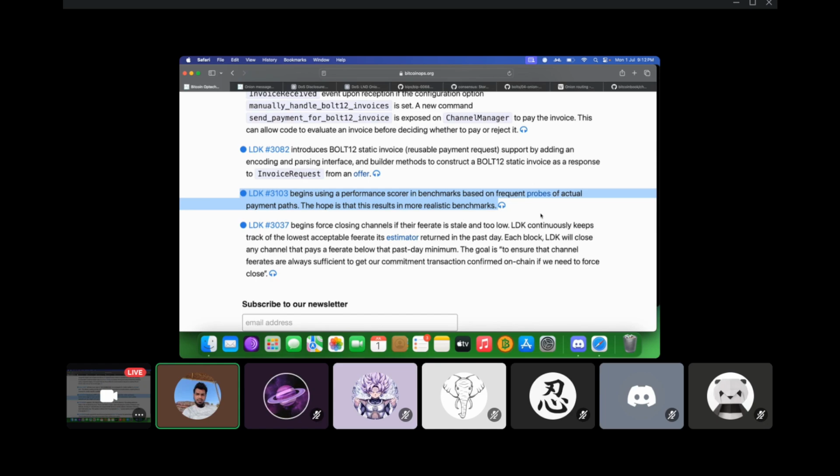So there are certain benchmarks based on which different Lightning Network implementations will suggest which route you should take to transfer the payment from person A to person B. Now there need to be certain benchmarks for that. So basically LDK, which is another implementation of the Lightning Network, has set up a mechanism which gives scores to channels, and might even give scores to channel participants. And this is done using probes. You can later on look at what probes are.